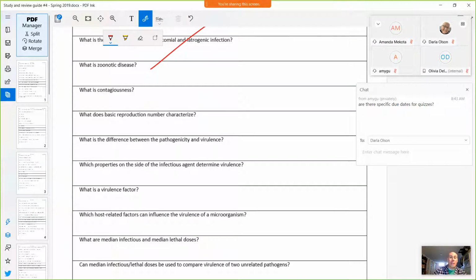Now, basic reproduction number. What does it characterize? So, what you have to appreciate here. Basically, let's talk about the elephant in the room, the coronavirus. So the basic reproduction number is estimated for coronavirus at about 3.5. Okay, what does that mean? It means that a single person over the course of infection will infect 3.5 people, okay, on average.